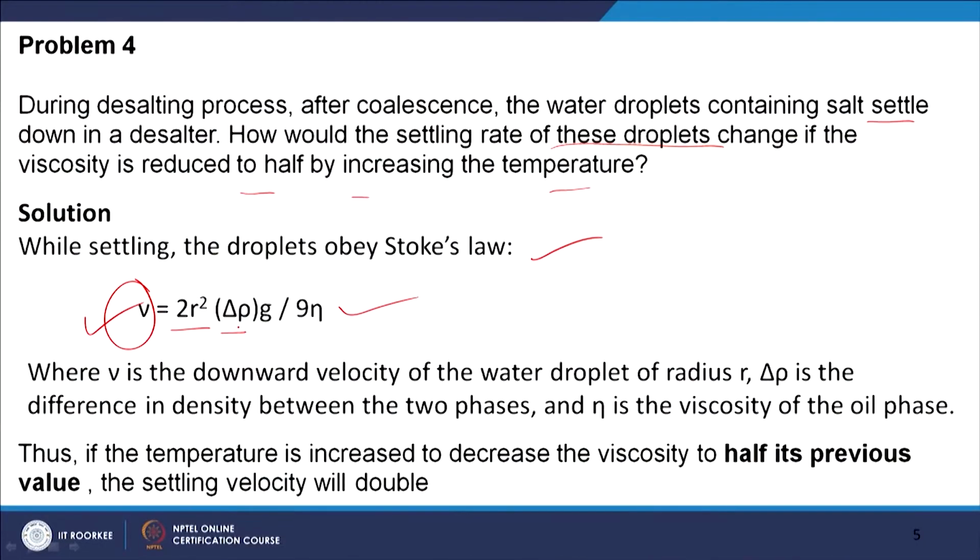So, we can assume this as a laminar flow and then Stokes law will be applicable, and this is the formula of Stokes law. So, this V the terminal settling velocity, which is 2 into r square del rho, the density difference, and then viscosity of the media. So, now what is happening? This is inversely proportional to viscosity. So, what will happen in this case? The viscosity is reduced to half. So, viscosity is reduced. So, if it is reduced, then this will increase. Thus, if the temperature is increased to decrease the viscosity to half its previous value, the settling velocity will be